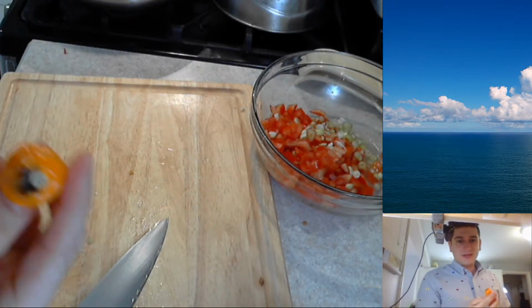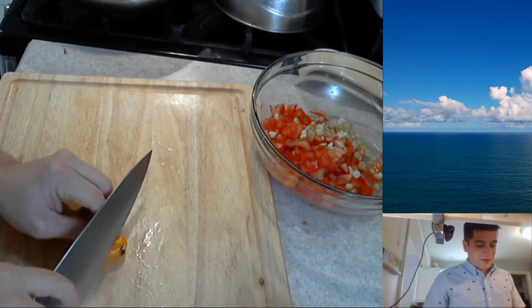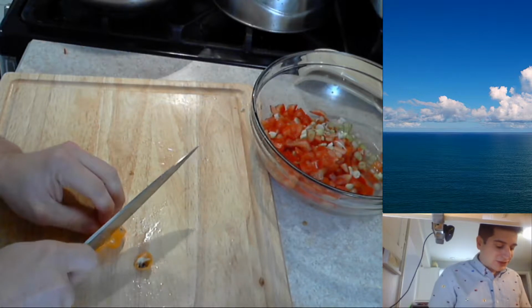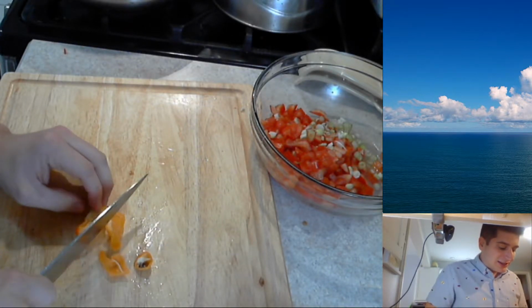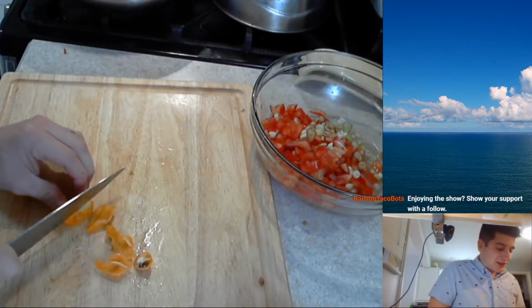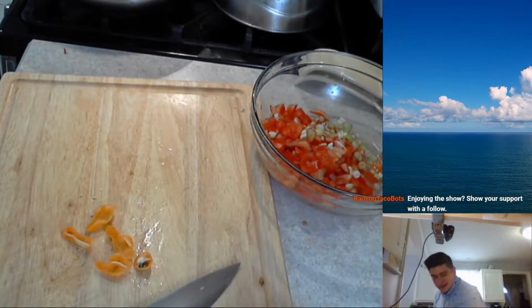This one has a little... Oops, this one has a little grossness on the top, so we're just going to chop that off. There we go. See, we're not going to eat that. If you like spicy stuff, you can include the seeds. I like to just not include the seeds. This is probably not good to be touching the fleshy part of this pepper, because this stuff is hard to